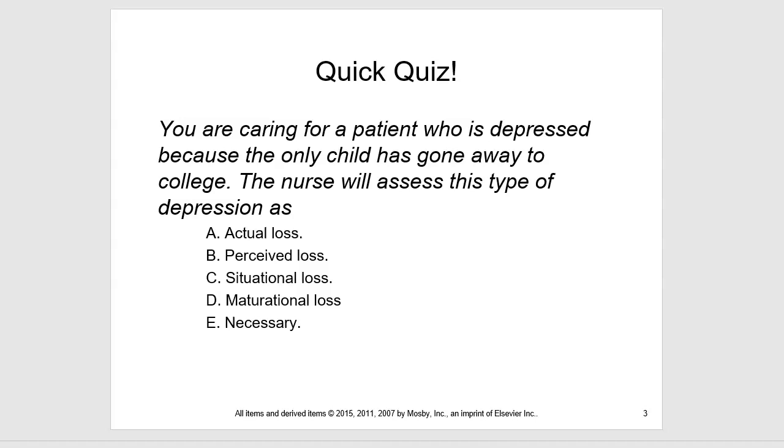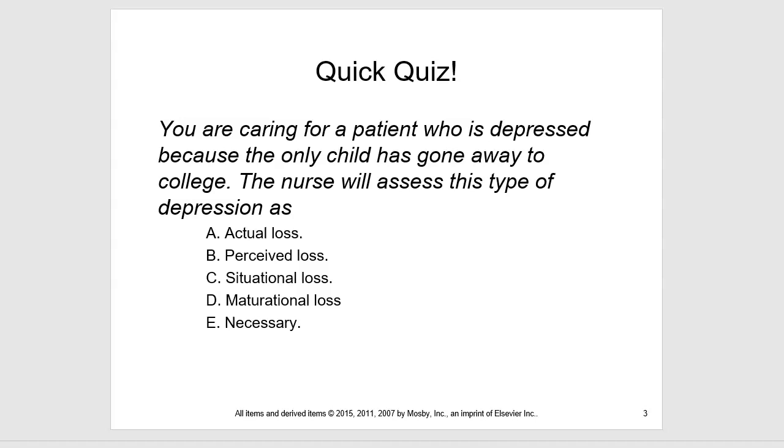Necessary losses are a part of life. They cause us to undergo some type of change. When a loss occurs, oftentimes it can be replaced by something different or better. So, for example, when you think about your time during nursing school, you have some necessary losses of some family time, some friend time, that type of activity. However, once you graduate from school, you will be moving on to something better.